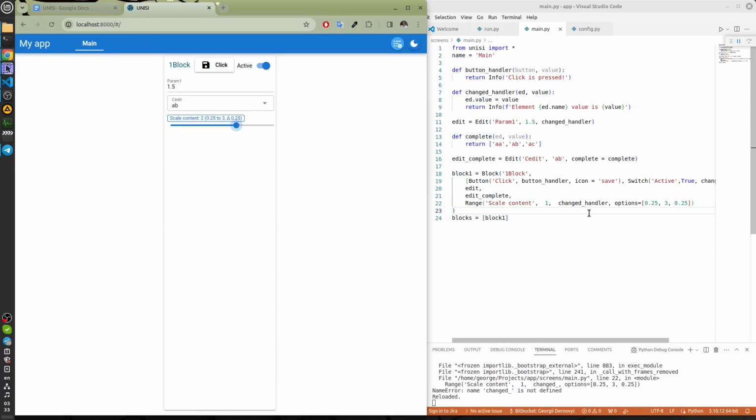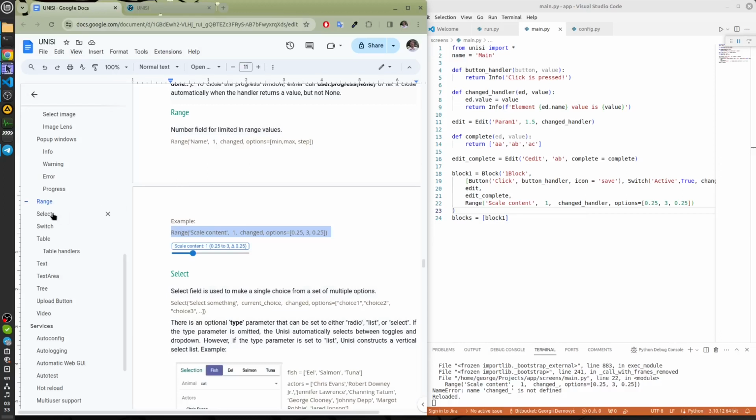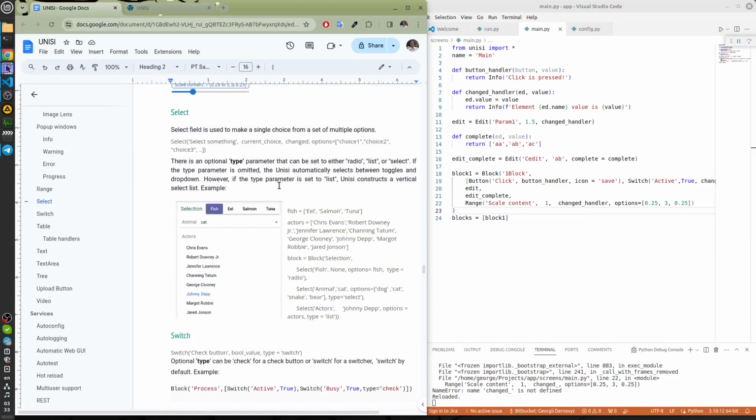Let's look at the select element, which allows us to choose one of the values from the list. It looks like this. Its constructor, as well as all others: name, value, handler, options.